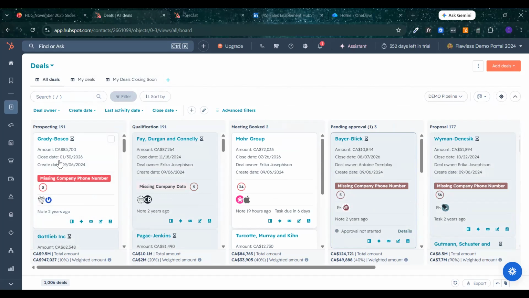And this is really helpful to the team who's looking at them as well, especially if you're using the board view, because if, for example, the create date doesn't matter to you, then you can set a different field there or change the way that it's viewed.